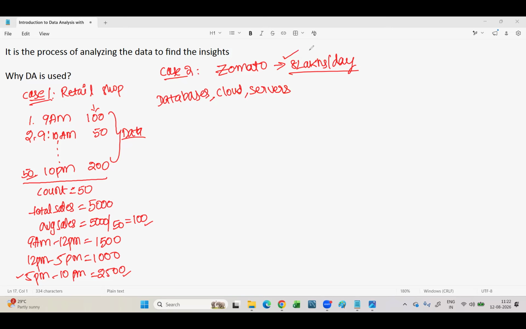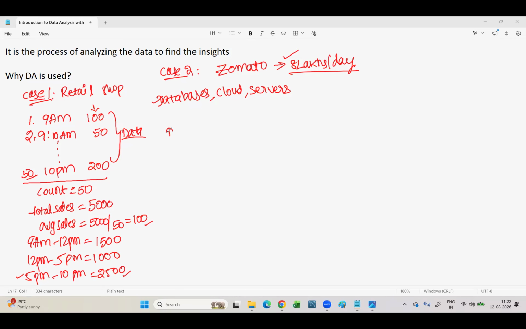When you have this large amount of data stored in the database, for example, the client asks me to find out the total sales. Here, total sales means hardly 50 values, and you might have used a mobile calculator. But how can you find out the sales amount of 8 lakhs of orders? There is no chance of doing it manually. That is where technical skills like SQL, Python, or Power BI come into the picture. These skill sets will help you in understanding the business.